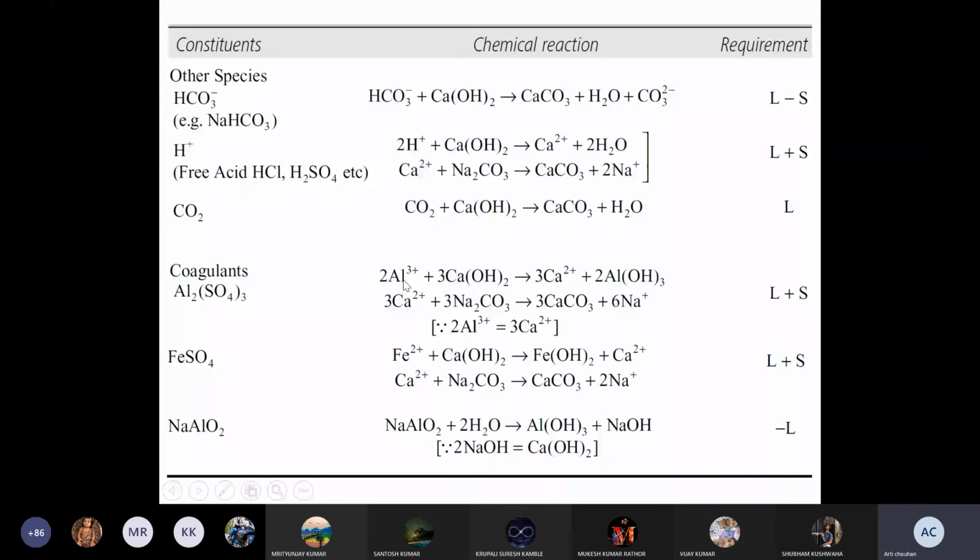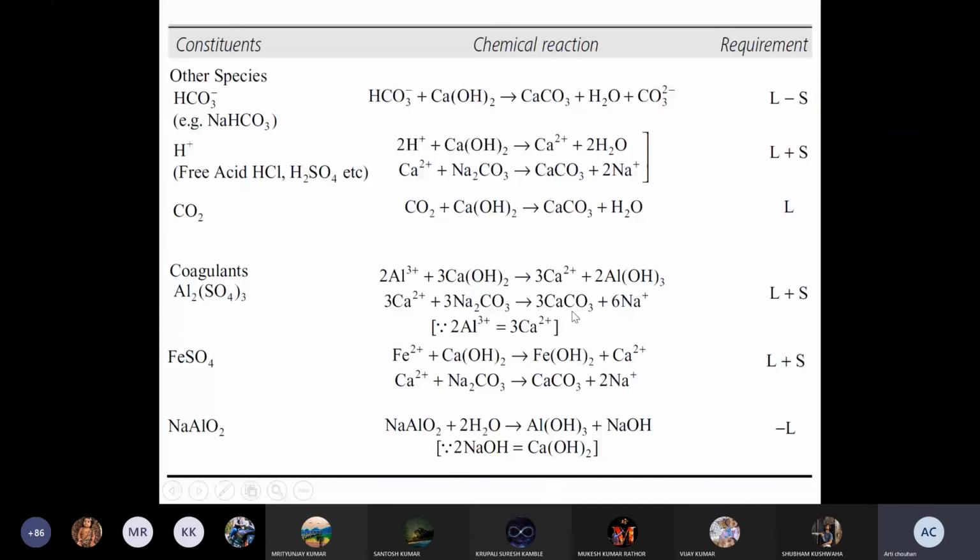That aluminium hydroxide has a tendency to be in the precipitate form, so you can filter it out. What about the calcium sulfate formed here? The calcium sulfate is causing permanent hardness. So again, it will consume a stoichiometric amount of sodium carbonate, that soda, and only then will the formed calcium sulfate be softened.